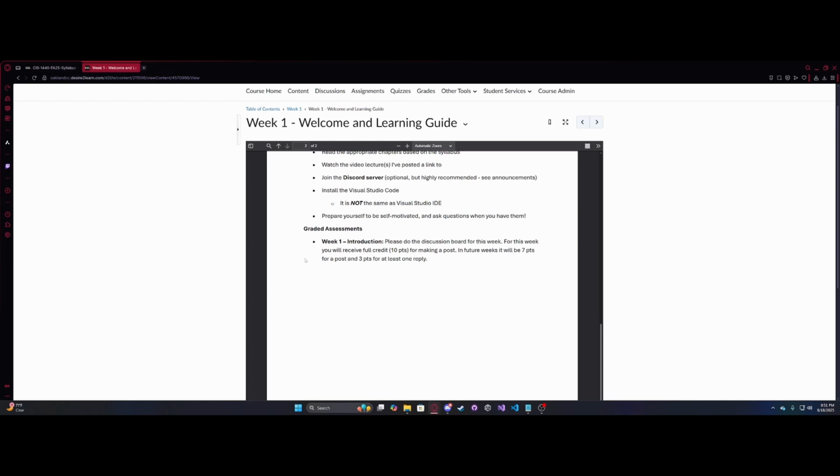And I'm not super picky. There aren't big requirements on like word count or like paragraph count, but I ask that you do a respectable amount of work for the initial post. And the replies, they don't have to be crazy. They can just be short replies. So it's an easy 10 points for you to get. You don't want to miss out on it. You'll get them multiple weeks of the course. So I would highly recommend making sure to do these each of the weeks.